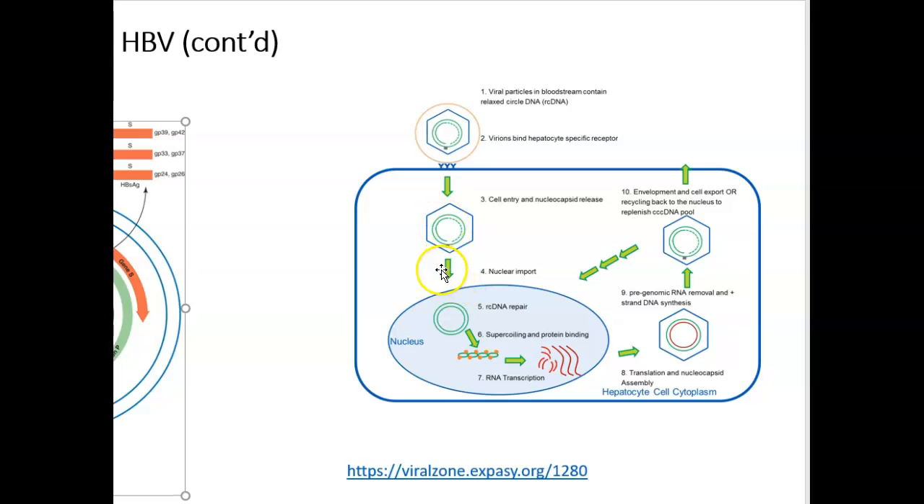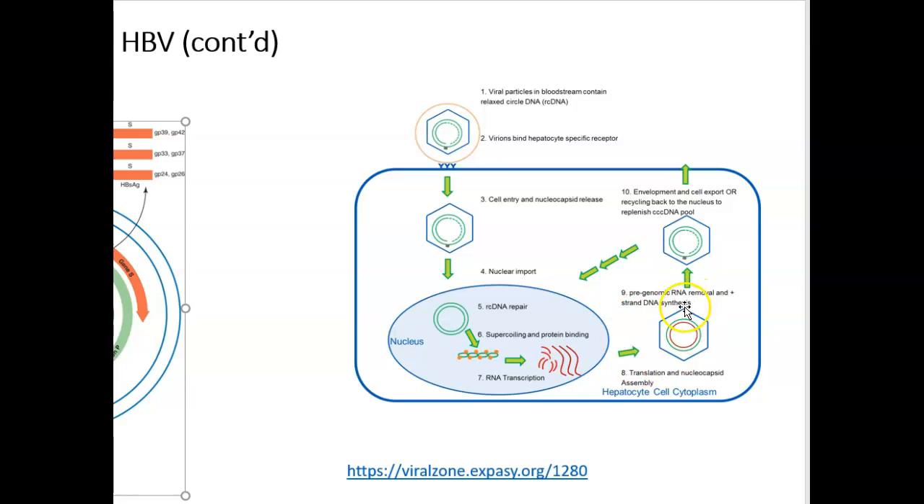Then it's got to uncoat and traffic to the nucleus. First it heals or repairs its genome, and then it forms this cccDNA, or the covalently closed circular DNA. And again, this is really, really stable. Then it's going to use the host machinery to undergo transcription, so we're going to make the proteins. In the cytoplasm,